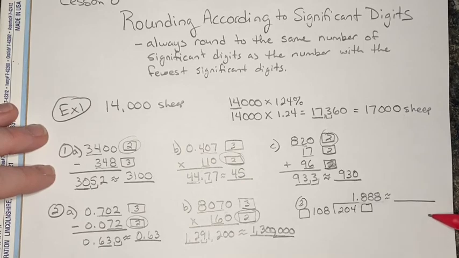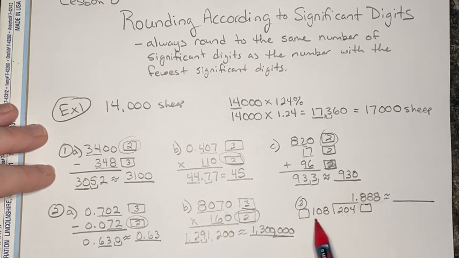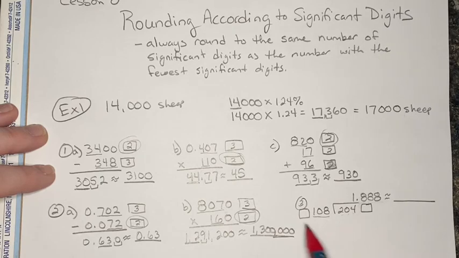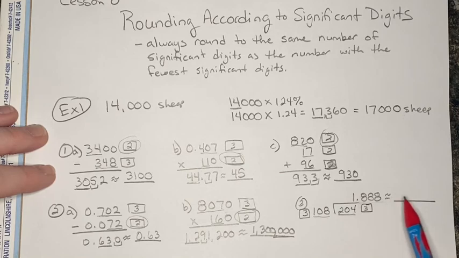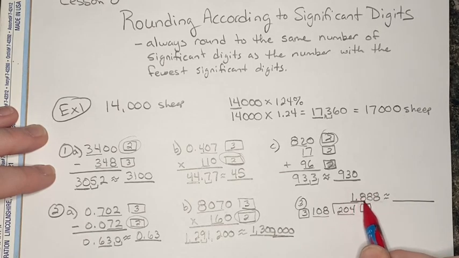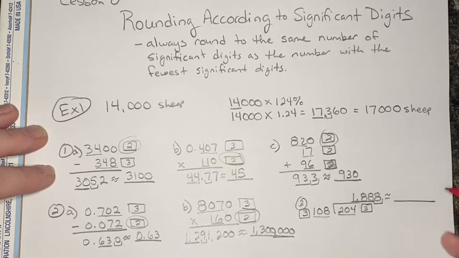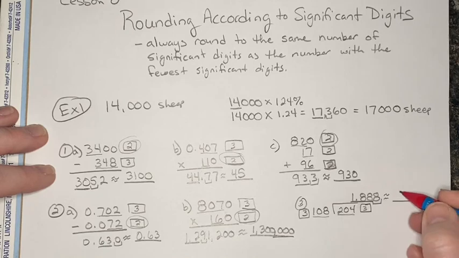All right, our last one we're going to look at for today is problem number 3. Now it's a division problem, so it's slightly different, right? We've got 204 divided by 108. We still want to figure out the significant digits for each of these, so let's look at our 108 first. Because our 0 is in the center, it's considered a significant digit, therefore we have 3. Same goes for this 204, right? Our 0's in the center, we have 3 significant digits. Therefore, our answer should contain 3 significant digits, all right? Now we're going to round this 8 based on this 8, so our approximate answer is going to be